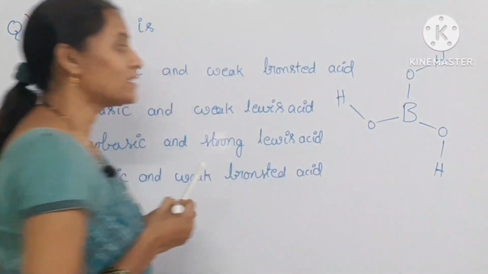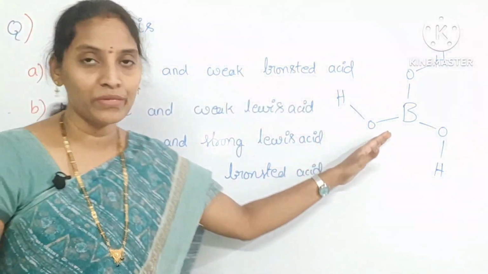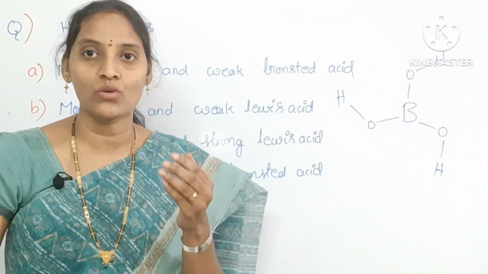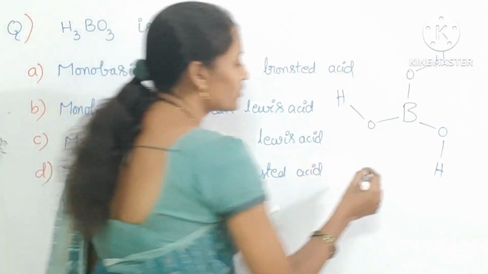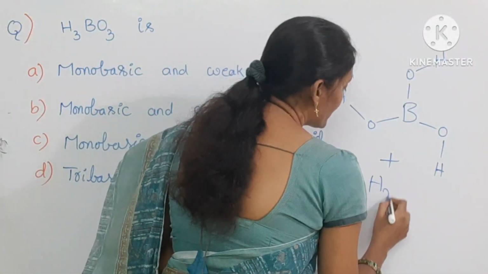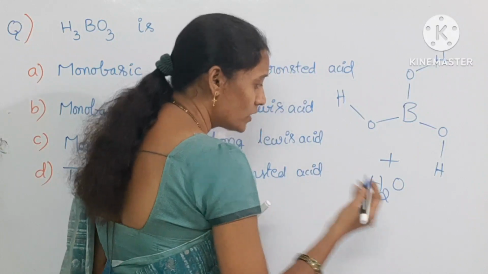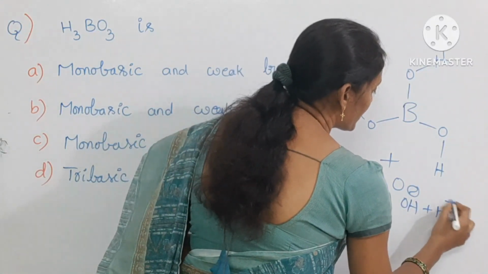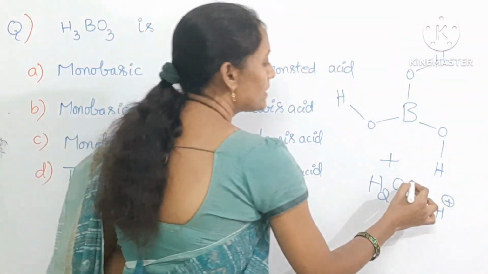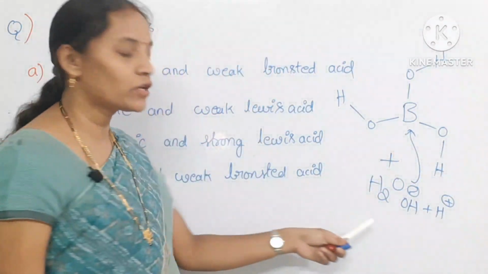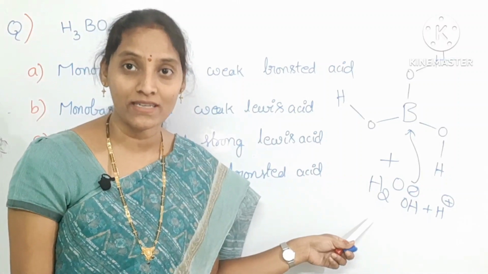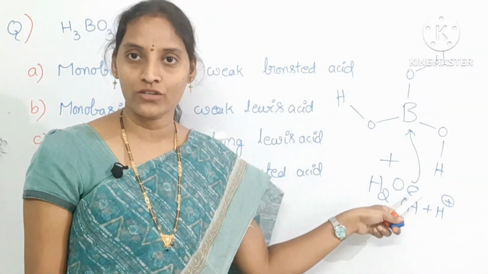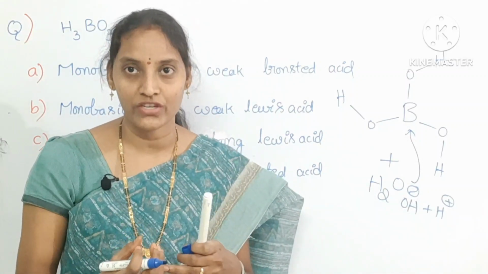See, boron has an incomplete octet. So it is able to accept, if it reacts with water, suppose, just imagine if it reacts with water, in water which ions are there? OH minus along with H plus ions are there, so it can accept lone pair of electrons present in the OH minus ion. By accepting these lone pair of electrons, it can fulfill its octet configuration and then release